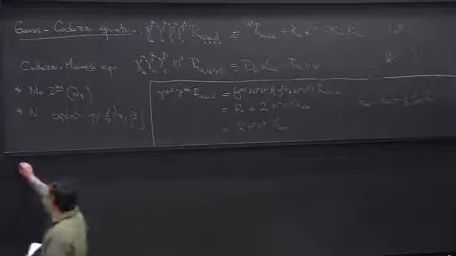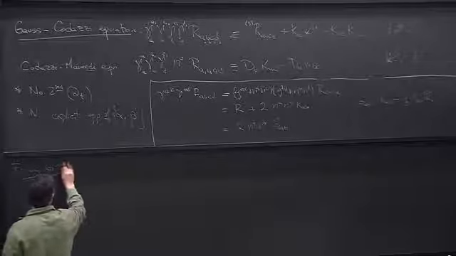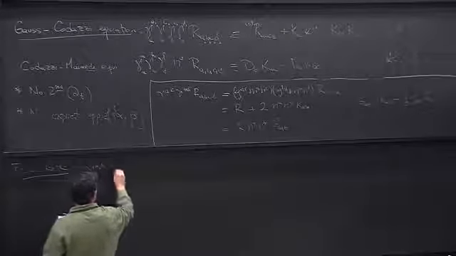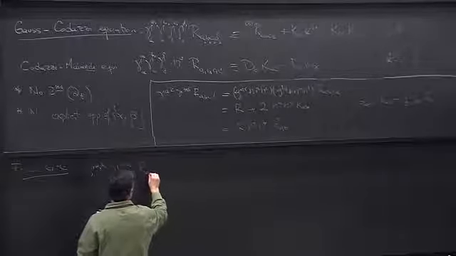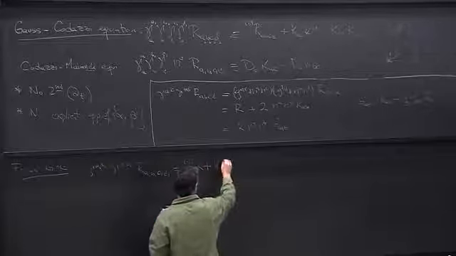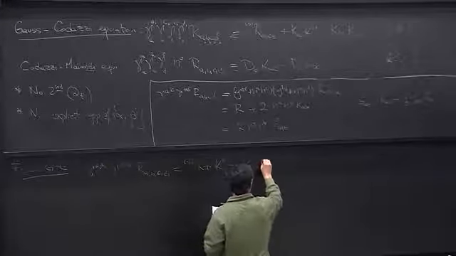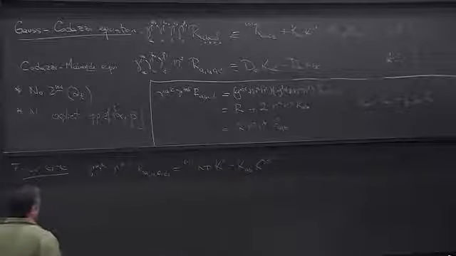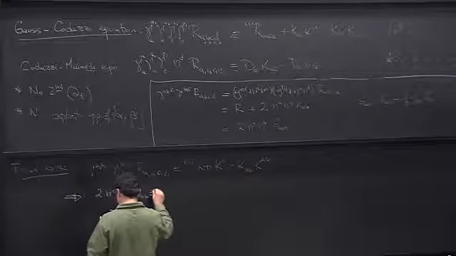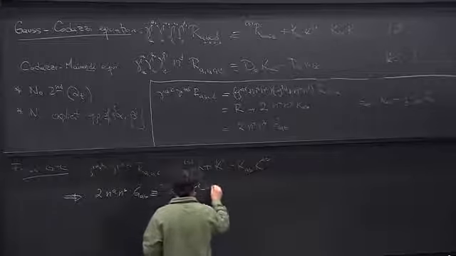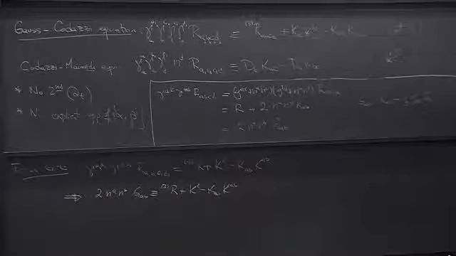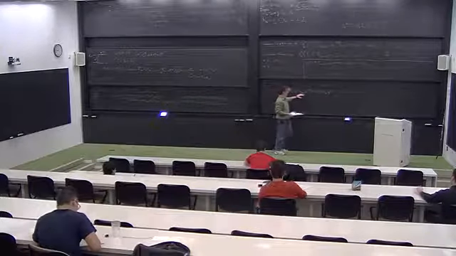So from Gauss-Codazzi, we have, implies, okay, this is our first relation that links Einstein's equations in the full spacetime with something that now only knows